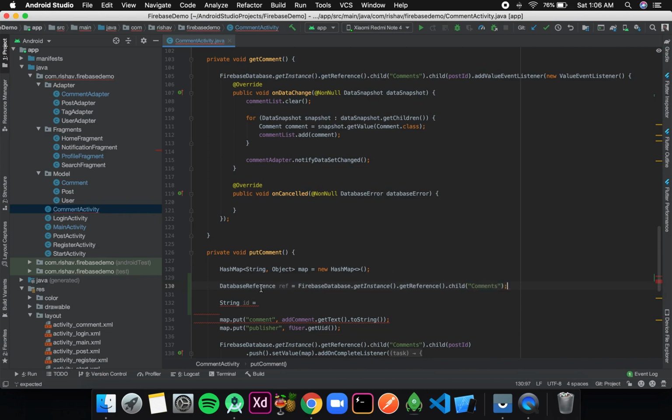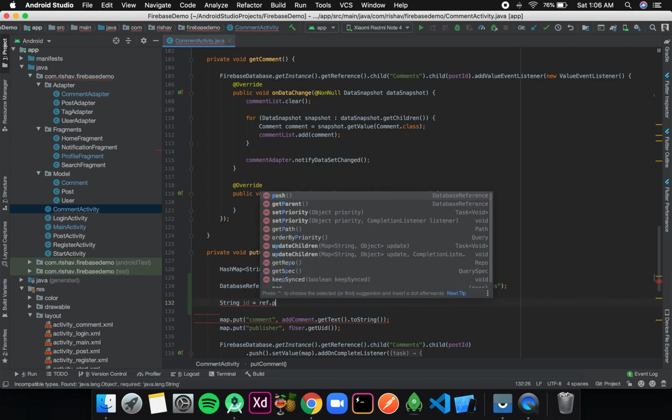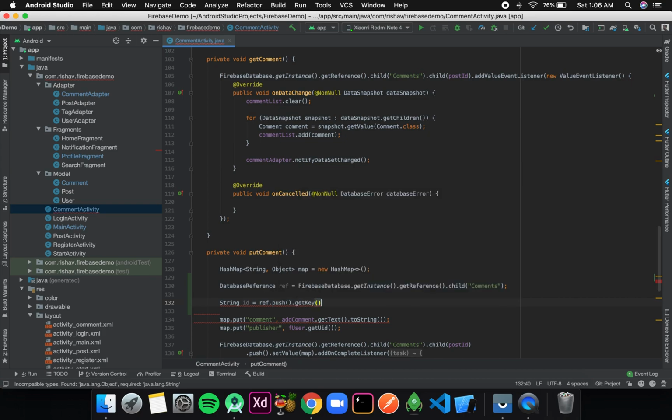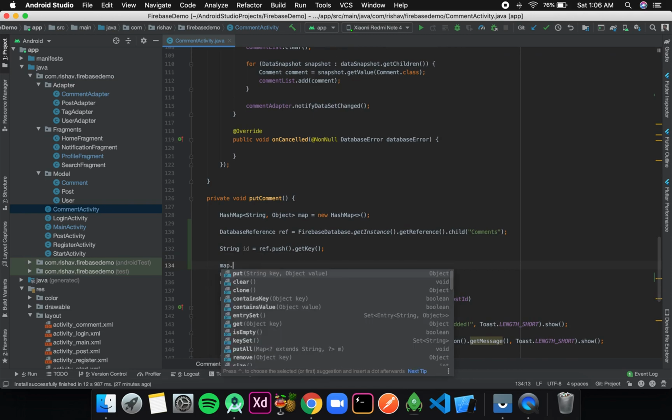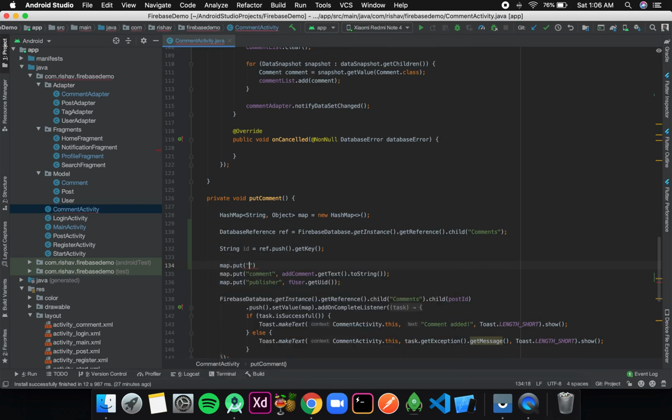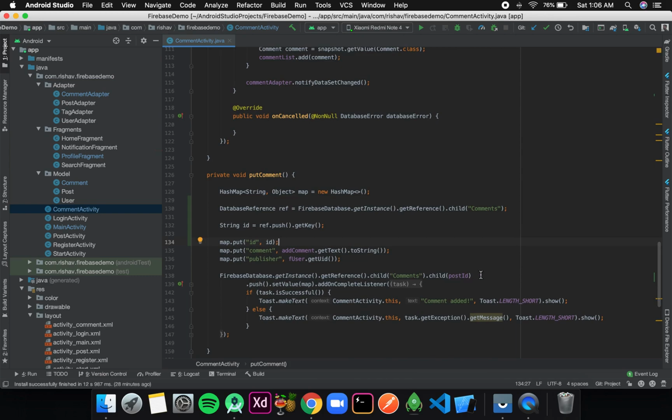Okay, now the ID will be ref dot push dot get key. Now over here I'll add it in my map, so I'll write map dot put, and I'll put the ID, and the ID is the ID variable. Now, instead of pushing over here, first there will also be a post ID child.